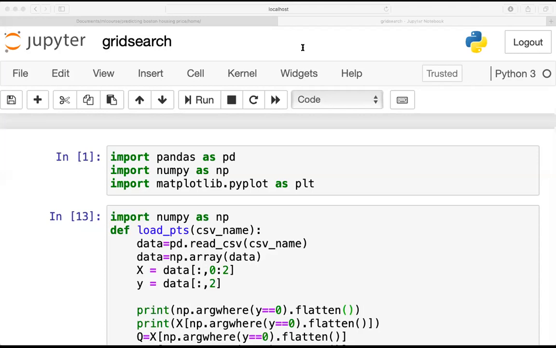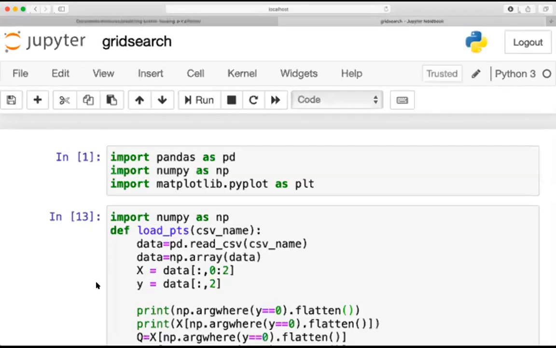Okay, now let's come to the Jupyter notebook and implement the grid search in code. First of all, I have loaded the CSV file, which contains all the coordinates of the points and their state. Then I have converted this into a NumPy array from the Pandas data frame. All the rows of the 0 and 1 columns will be placed in X, and all the rows of the second column will be placed in Y.